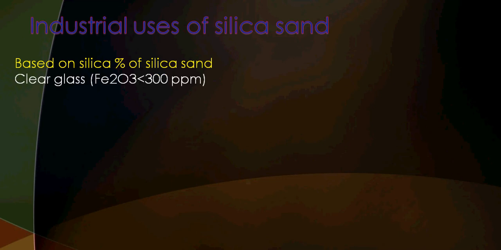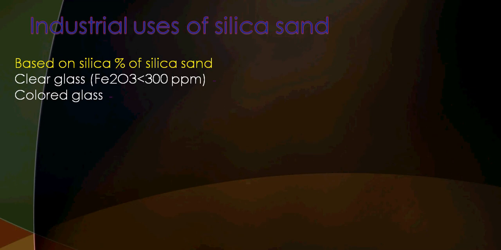Let us discuss the industrial uses of silica sand. There are industrial uses of silica sand which are based on the silica content, the purity of silica sand. For example, clear glass. The silica sand which is used to produce clear glass should have less than 300 ppm iron oxide. Clear glass can take lower quality silica sand, but